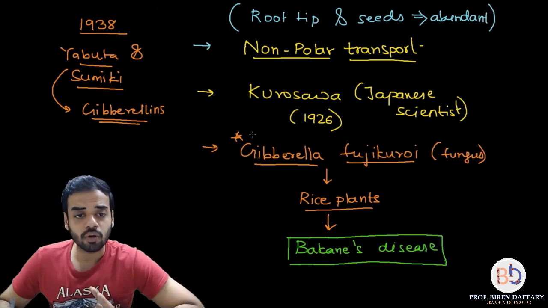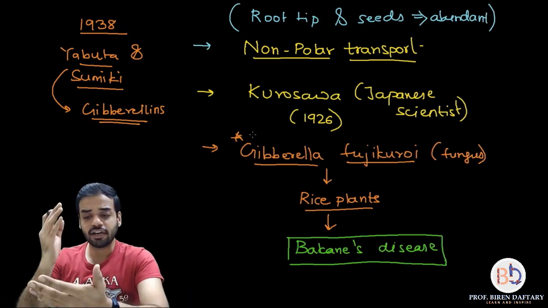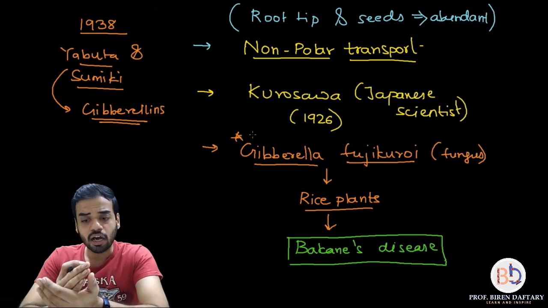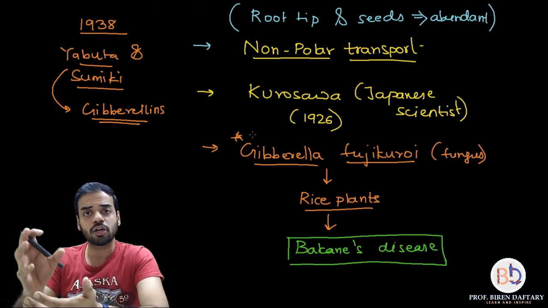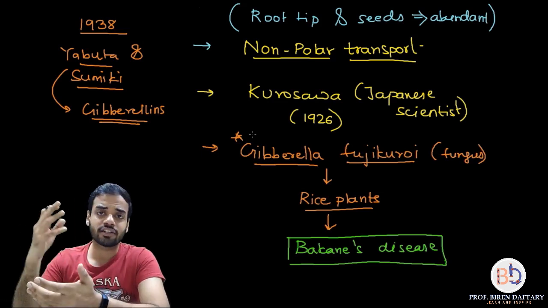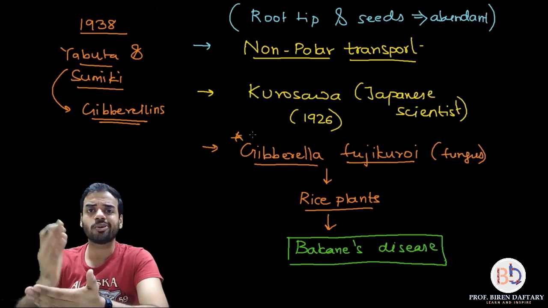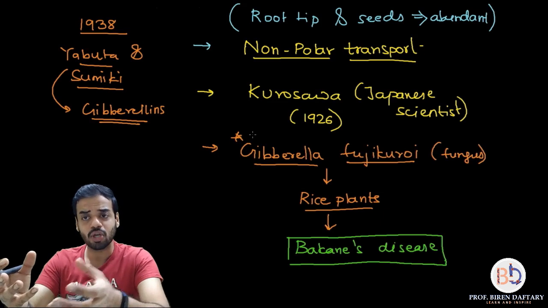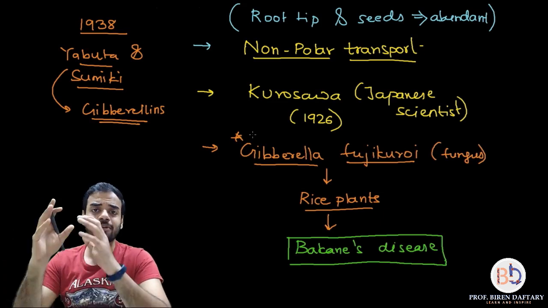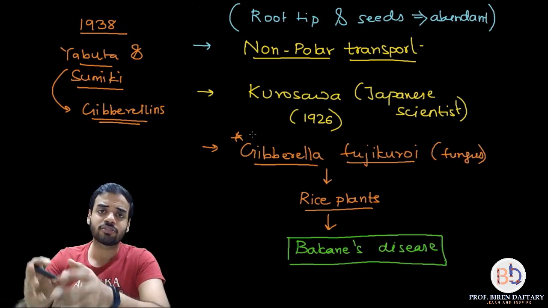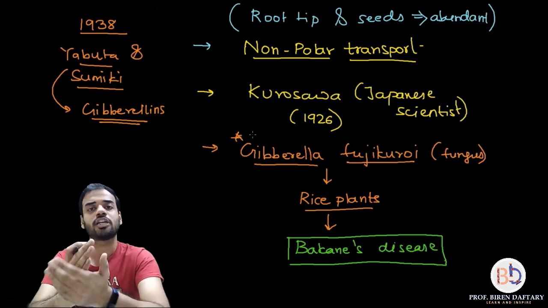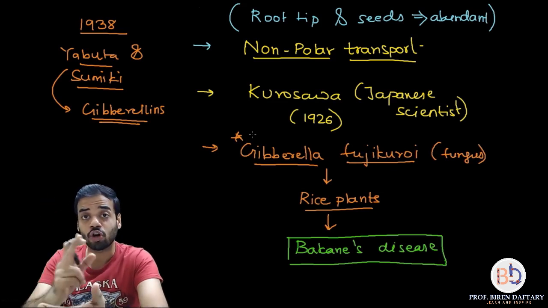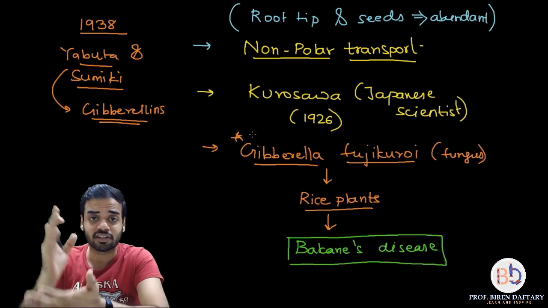Is this clear? So we have studied the history of how gibberellins were found out. We have studied what they are responsible for. They are basically growth hormones. They mostly help in growth of the stem compared to the root. I have also told you where they are present. They are present in all the young parts, but mostly in root tips and seeds, and they show non-polar transport, that is bidirectional transport.